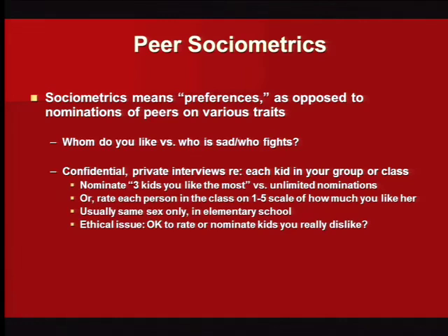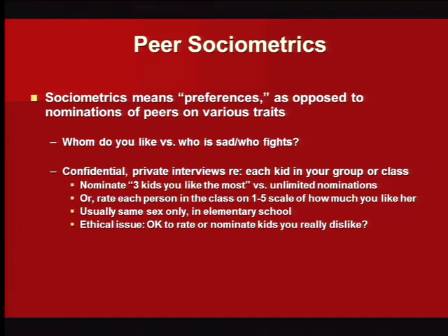So you can do this by having the kid in this private interview pick the top 3 and the bottom 3. Or in another way, you could have the class roster, and you could say, okay, 1 to 5. 1, you really don't like this kid. 5, you love this kid. Every kid's rated on that 1 to 5 scale. So there's advantages whether you nominate the 3 most and least, or whether you rank everybody. But the idea is what? You're trying to get the whole class to give their preferences, and now you can figure some stuff out about